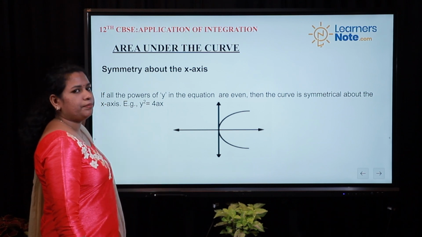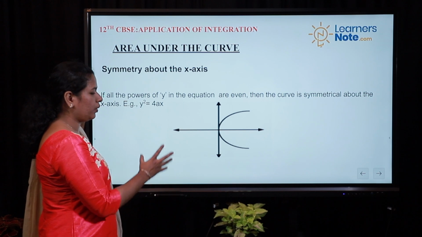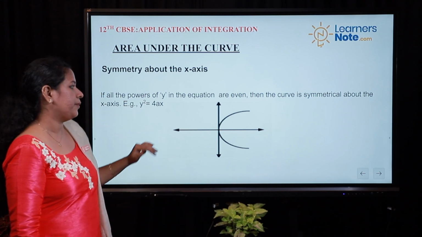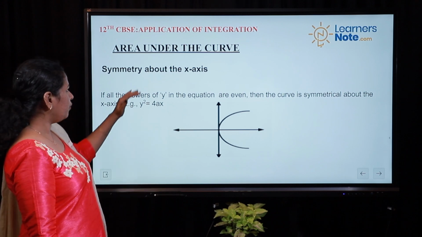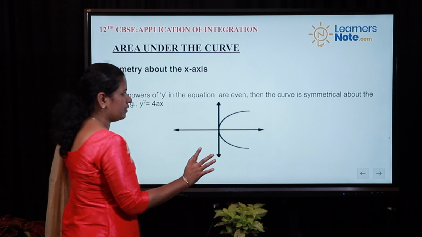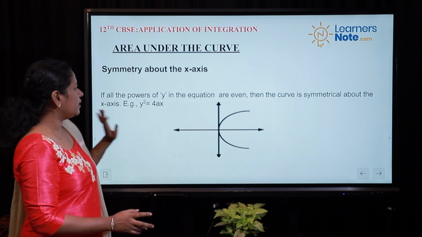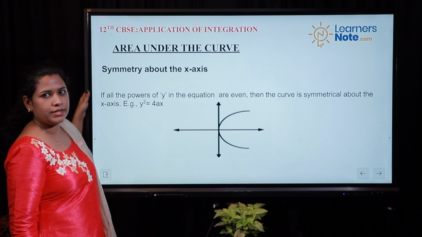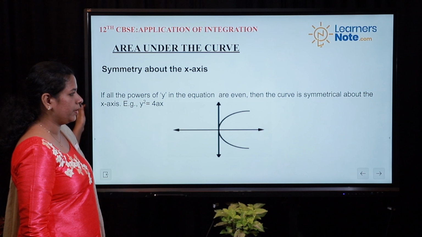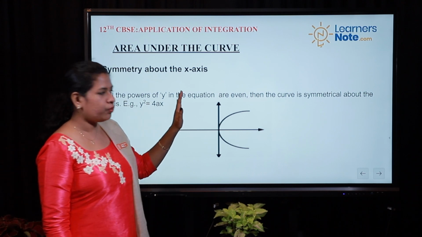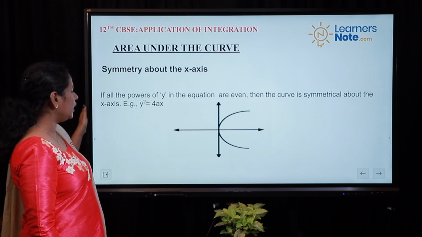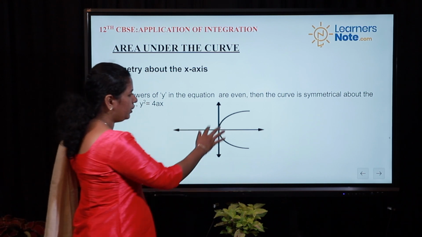So, before proceeding into our core content, let me introduce the symmetry of a graph. If you are talking about symmetry about the x-axis, you will get a figure like this. This equation is y square is equal to 4ax. In this equation, you can see the power of y is an even number. So, if all the powers of y in the given equation are even, then the curve is symmetrical about the x-axis. For example, you can see